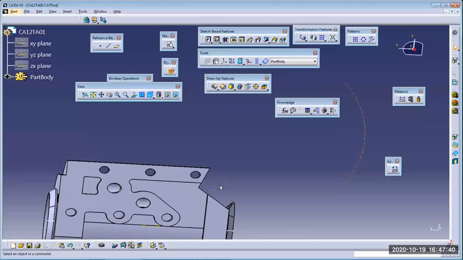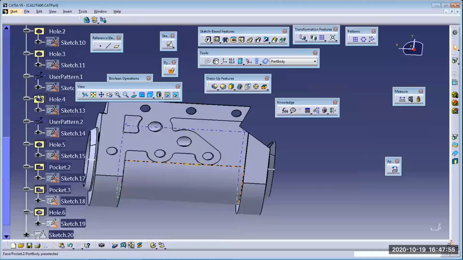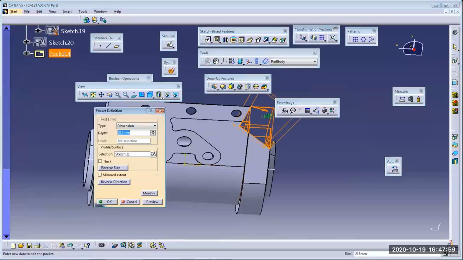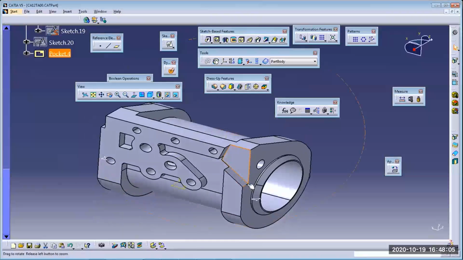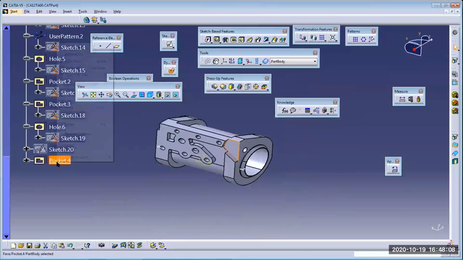That's why the software in the drafting will ask you to define the plane up to what distance limit you want to cut it. If you insert the plane through, then material will not be shown because there is no material. Now I modify that, and this distance I want to take only up to 15. So from this face to this face, how much depth is there? 15 mm. That process we have to follow during the breakout view creation.